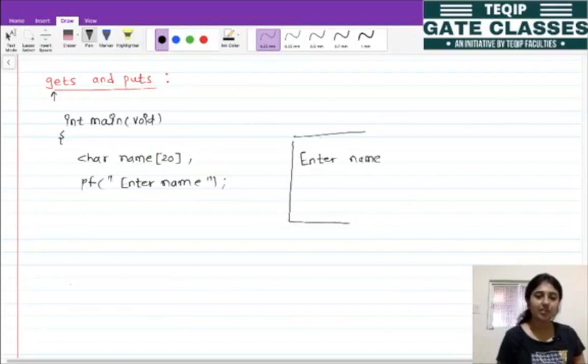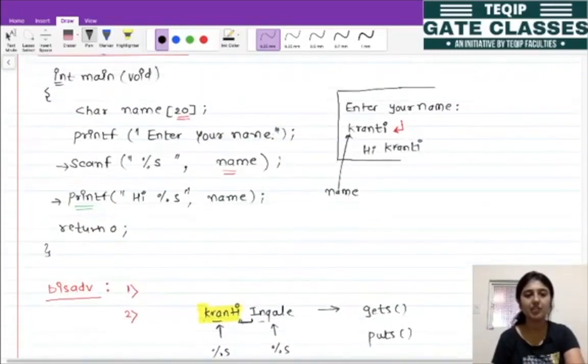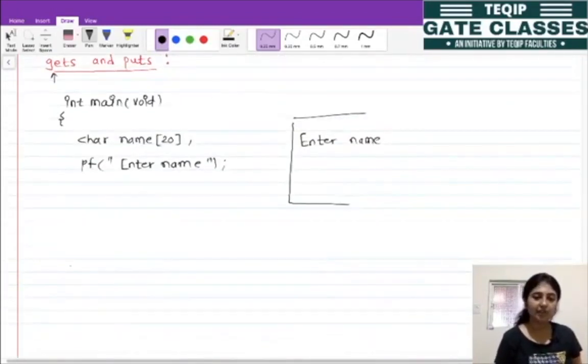So after this, if you look at our previous example, there we used the scanf function, but to overcome the scanf function's failure, we are using the gets function. In gets we need to pass the name of that particular array where we want to store our data.